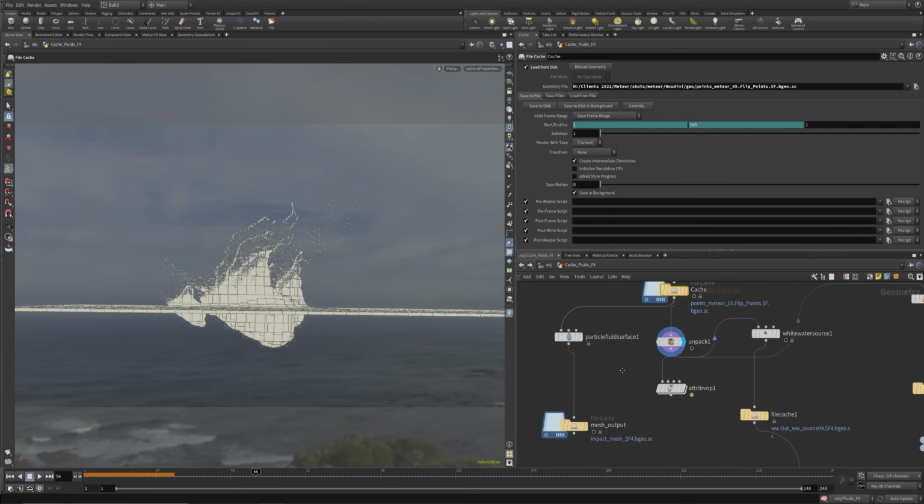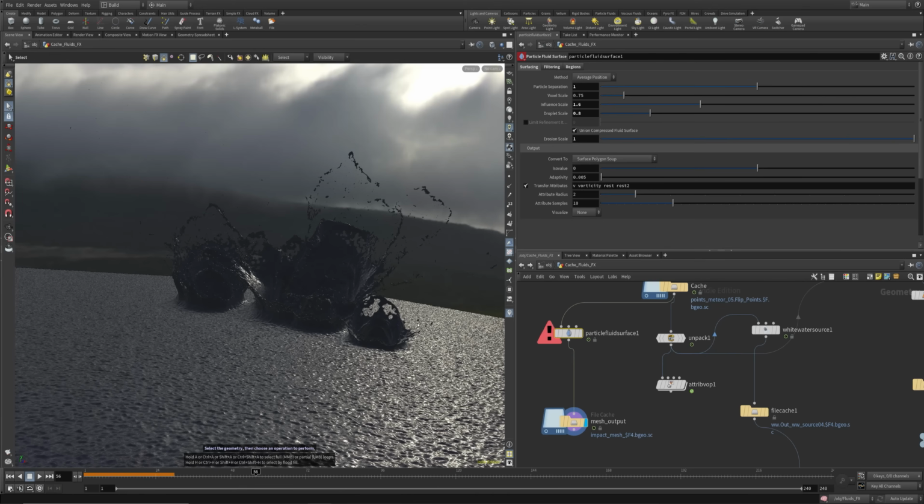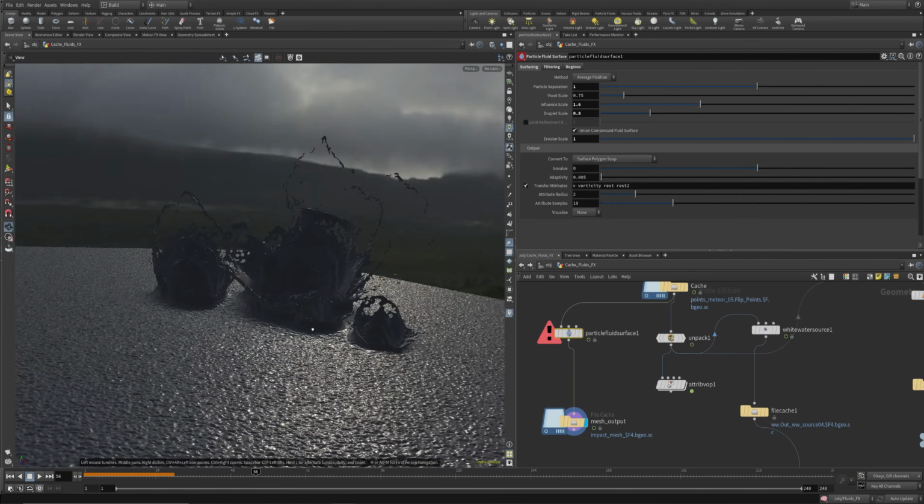So this cache is then fed into a particle fluid surface, which is doing the meshing for us. Under the hood it has a lot of erosion and meshing functions. So the particle fluid surface is meshing our points together, and you can see here